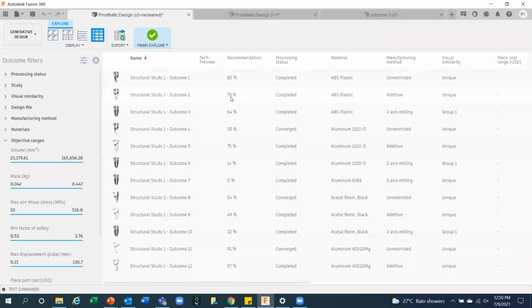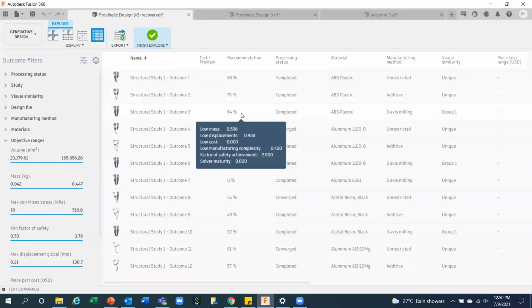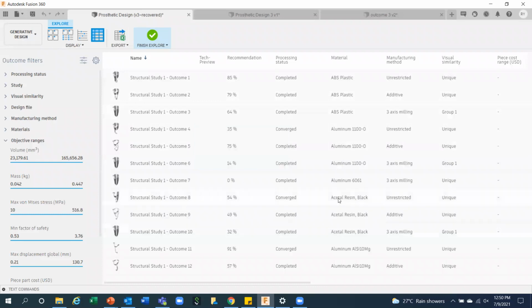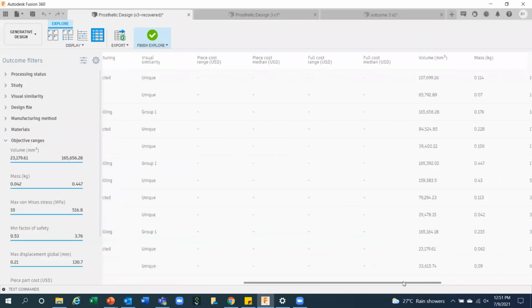Study outcome 2, 79%. Outcome 3, 64%. And manufacturing methods are also defined: additive, 3x milling, additive, 3x milling. Because I have taken only 2 methods, it is restricted to additive and 3x milling. And then all the properties.